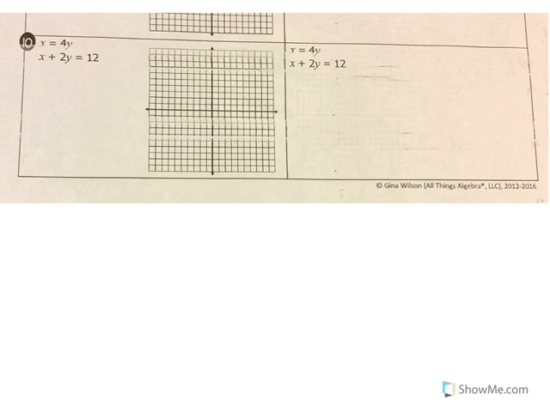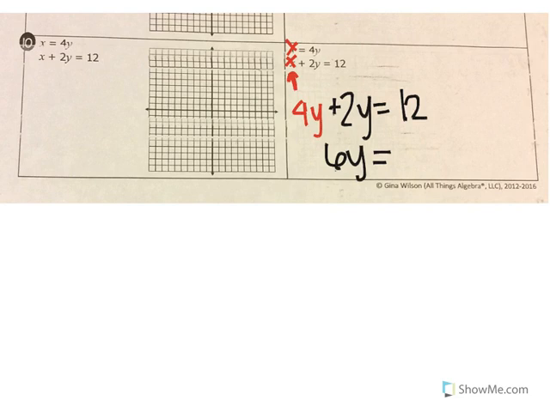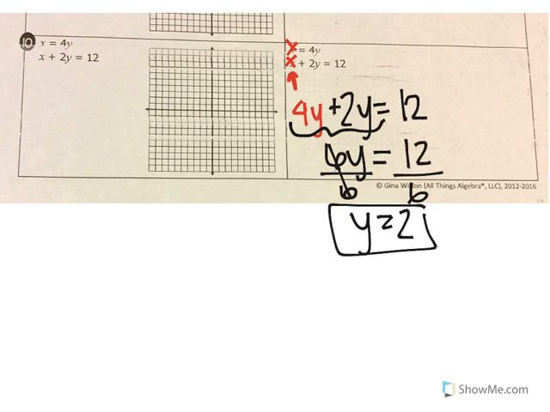Okay, last one here. X is already solved for, so I'm going to use x and plug it into that second equation. So instead of writing x right here, I'm just going to write out 4y, and then I'll write out everything else exactly as I see it. Now this one's a little bit easier because I don't have to distribute, so I just combine my terms that are alike, and I get 6y, and when I divide both sides by 6, I get y is equal to